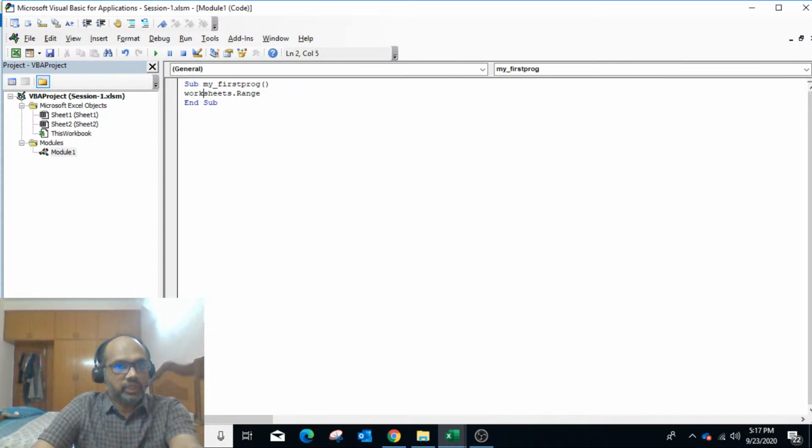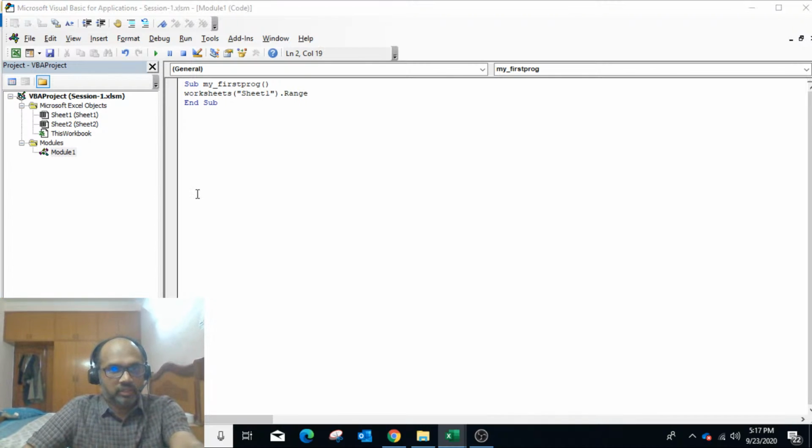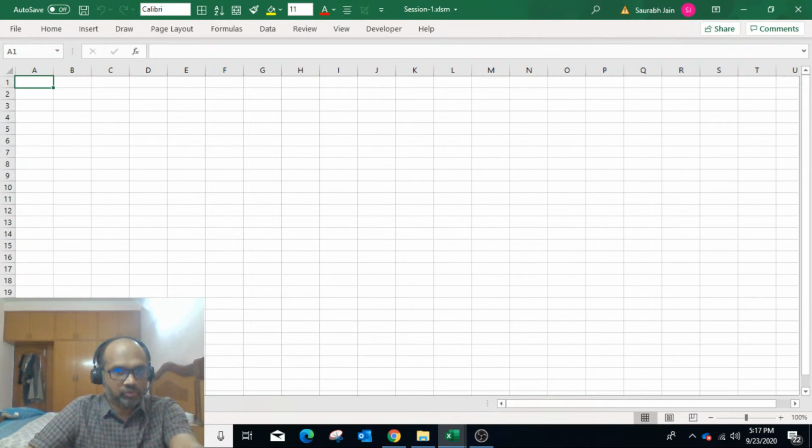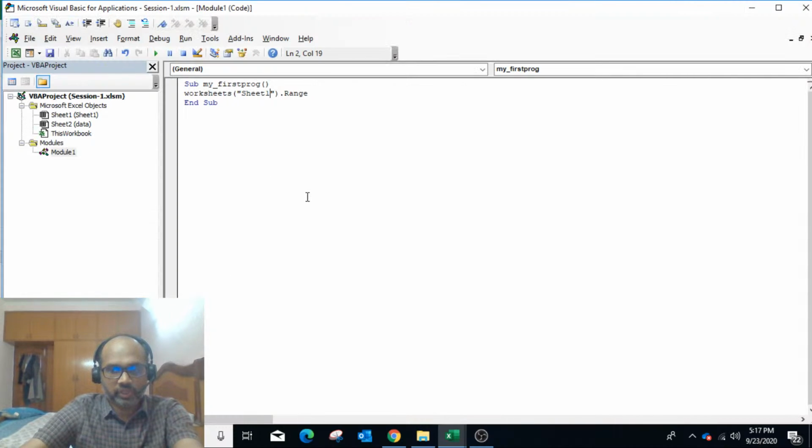Now we have to begin our hierarchy from worksheets, and in the worksheets you have to specify the worksheet name on which you have to work. So worksheets, and then you have to specify the name, sheet 1, right? So suppose my sheet 2 name is data, and if you want to access this worksheet, you have to say